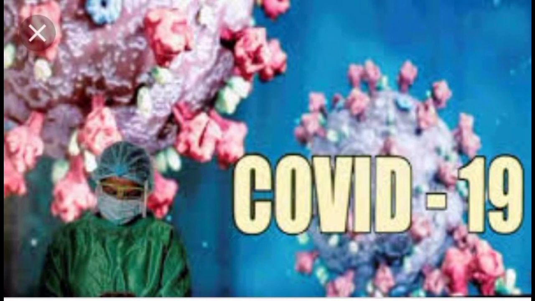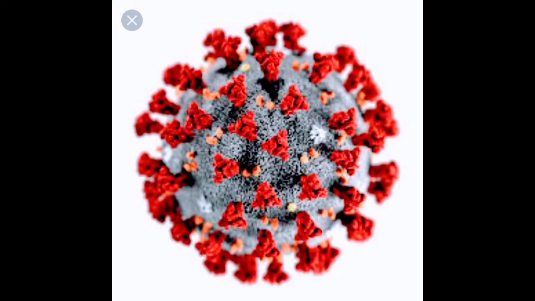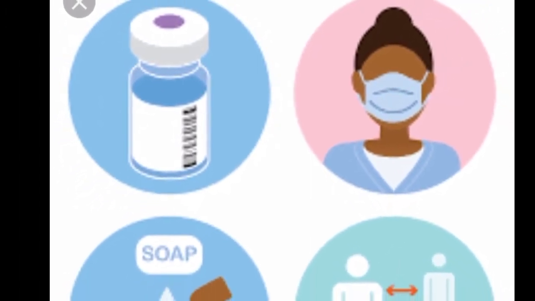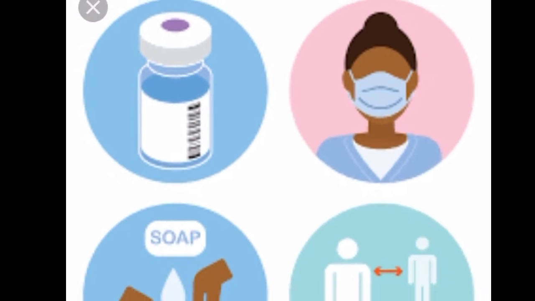Most people infected with the COVID-19 virus will experience mild to moderate respiratory illness and recover without requiring special treatment. Older people and those with underlying medical problems like cardiovascular diseases, diabetes, chronic respiratory disease, and cancer are more likely to develop serious illness. The best way to prevent and slow down transmission is to be well informed about the COVID-19 virus.